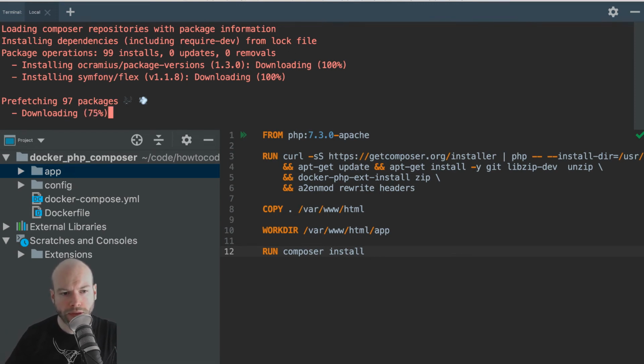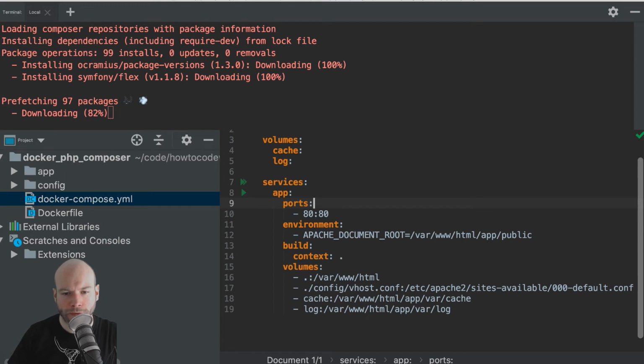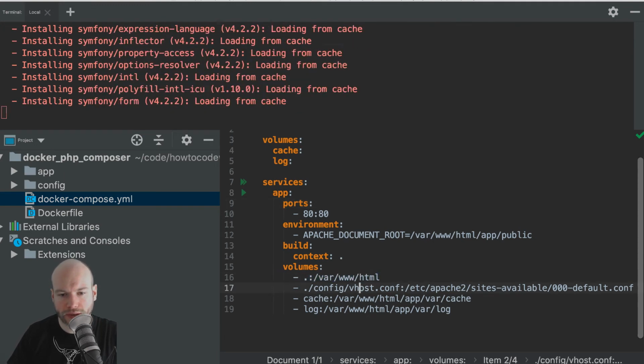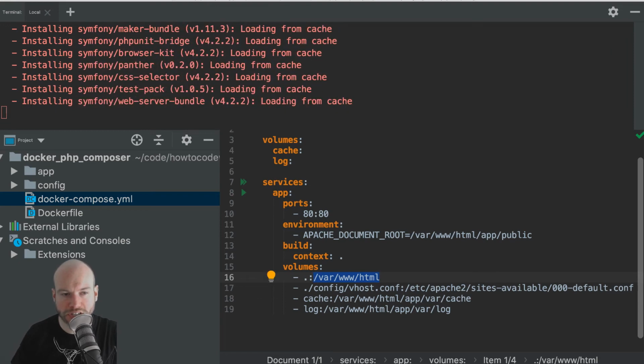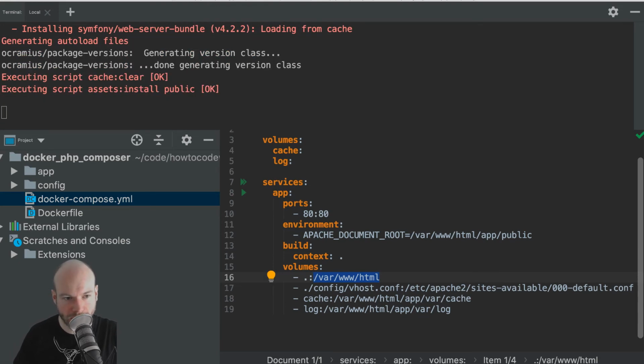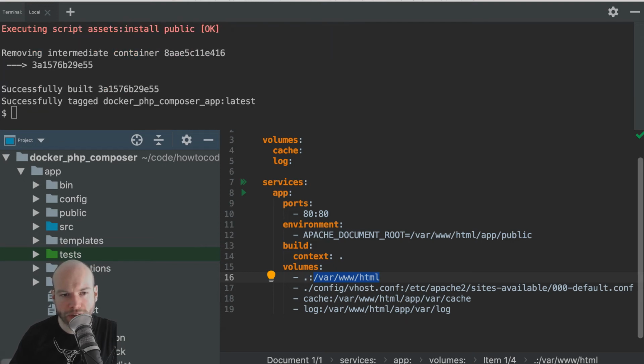Just remember, if I go back to the Docker Compose file, we are bind mounting the current working directory to /var/www/html within the container. Okay, so let's just keep an eye on this folder. Let's just do an up.